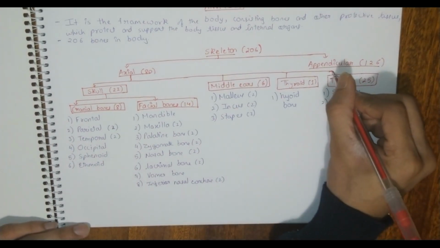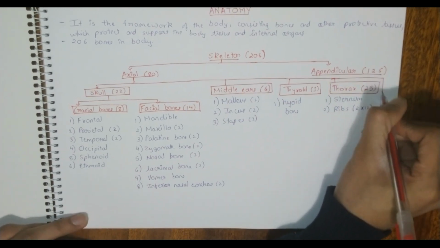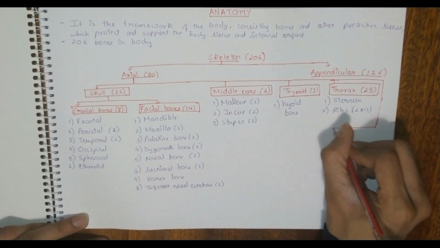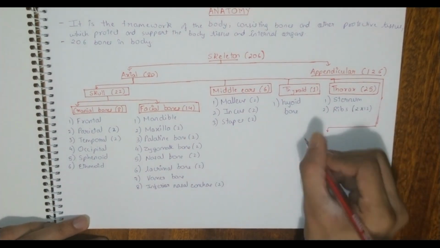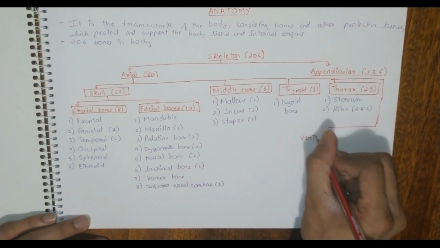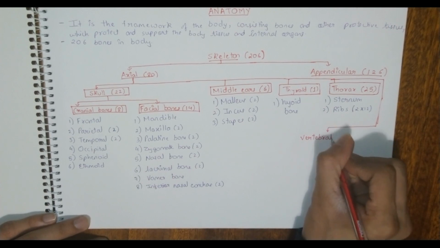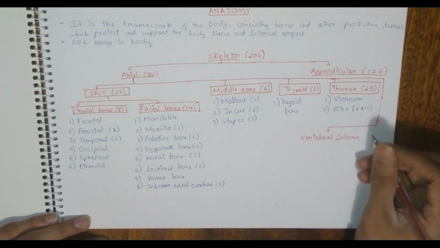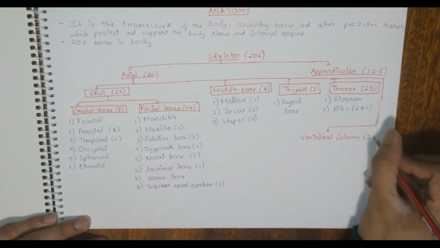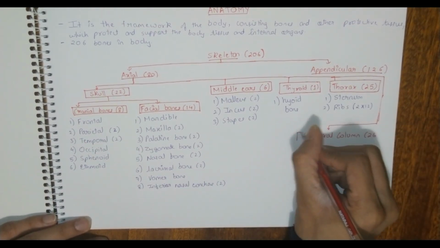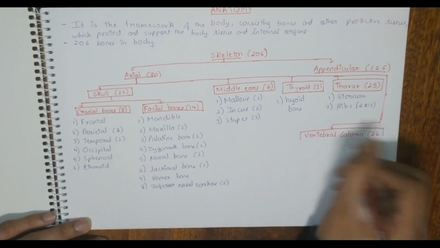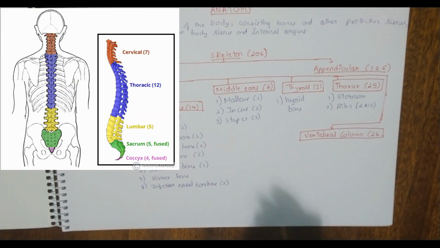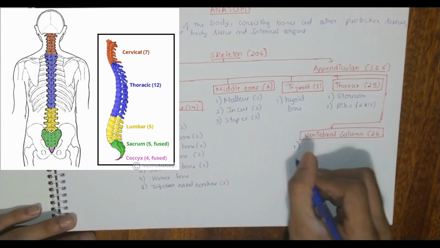There is no space here, so I'll just draw it in the lower part. Here, vertebral column. Now vertebral column has 26 bones, which contains, I'll show you,